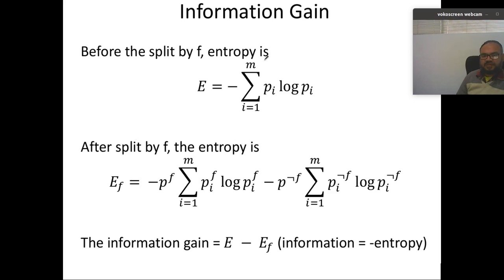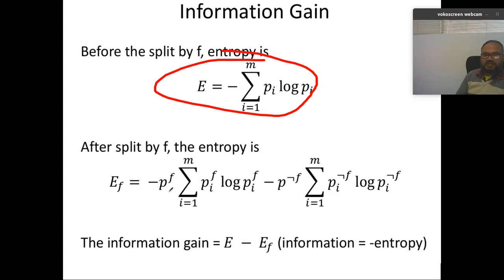So before the split, this is our entropy, which is minus the sum of pi times log of pi, sum over i from 1 to m, where i is the class label, and there are m classes. You can see here log of pi is a number between 0 and 1, so log of pi is always a negative number, so the entropy would be a positive number because it's multiplied by this minus sign twice. After split by the feature f, this is our new entropy, which is